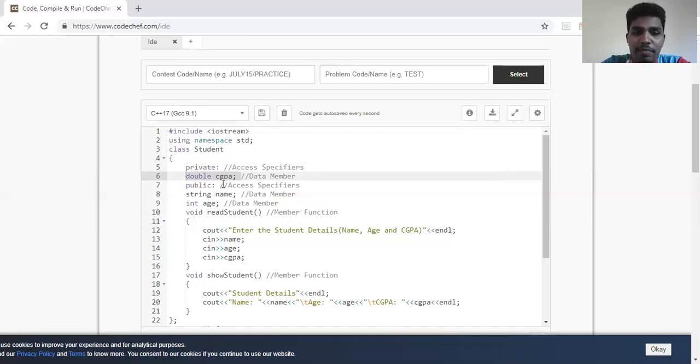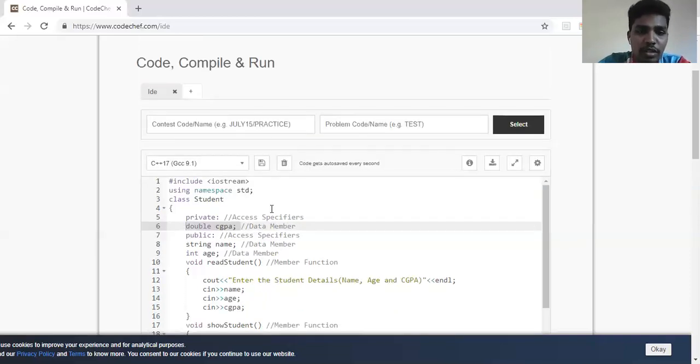However, the public access specifier does not hide the data members or the member functions. It keeps them open to external entities also. But private and protected actually go for hiding the data. Private hides it from anyone other than the class, and protected only gives access to its child classes, that is the derived classes, but external entities do not have access to protected data either. So we'll see the protected concept in the upcoming concepts of inheritance.